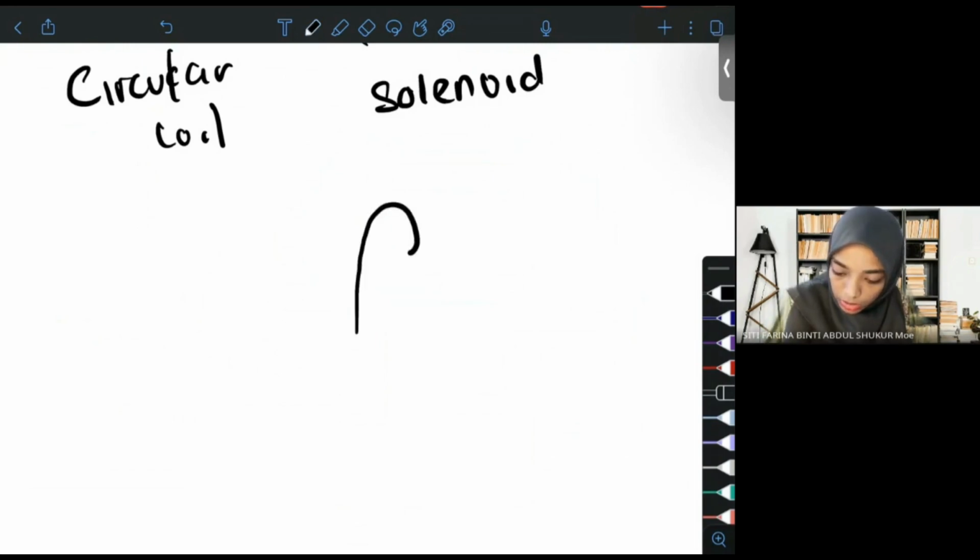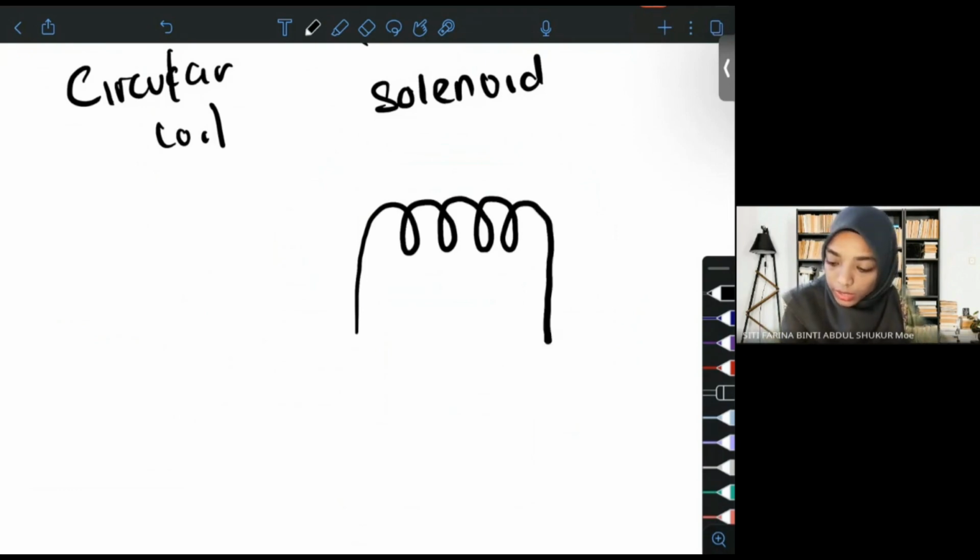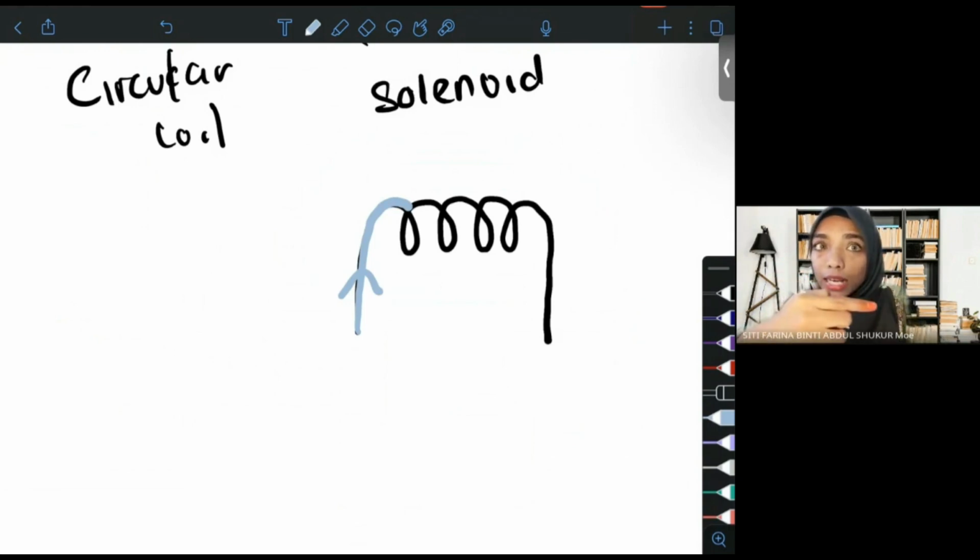Okay, ini adalah cara dia pusing. Okay, ini solenoid kamu. Alright, so this blue color adalah bahagian depan kamu. Okay, ini adalah bahagian depan. Okay, current tengah naik dekat sini. And then, dia akan pusing ke belakang, dia akan datang balik depan. Okay, dia akan pusing ke belakang, dia akan datang ke depan sini. So, let's say belakang, lepas tu dia akan pusing ke depan balik. And then pergi belakang, and then datang balik depan, pusing, belakang,